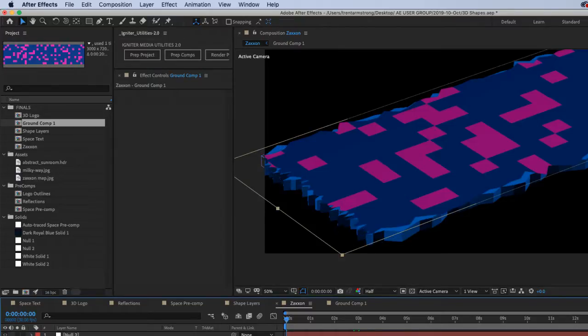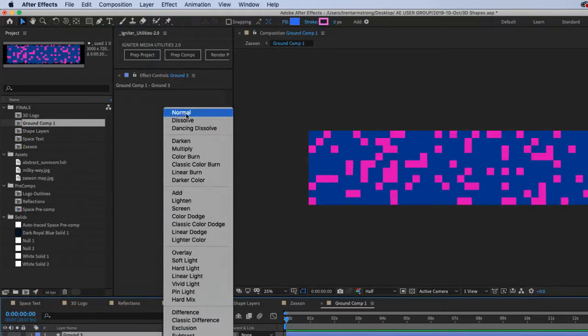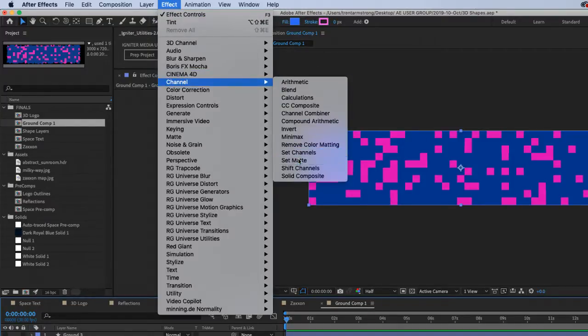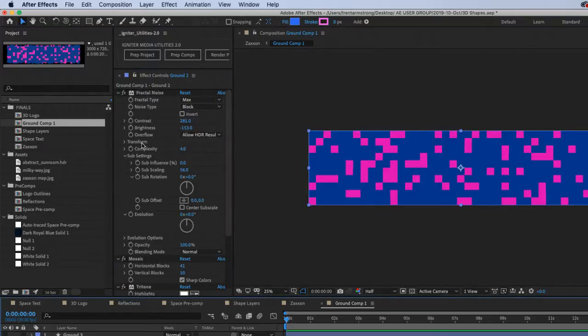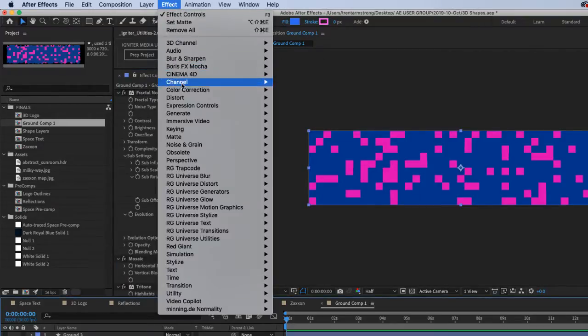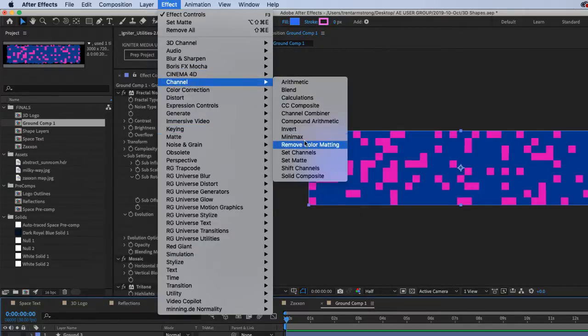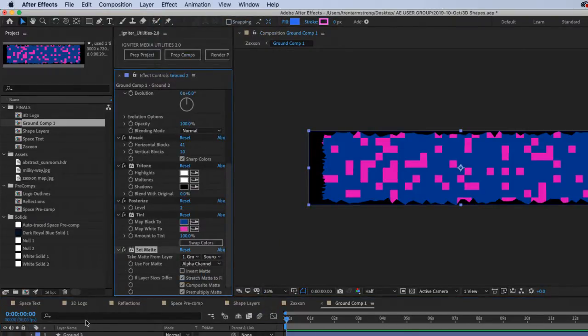So let's go back here and do, instead of stencil alpha, let's do set matte. I can go up here, set matte. Like that. Still looks goofy. I wonder what that is.